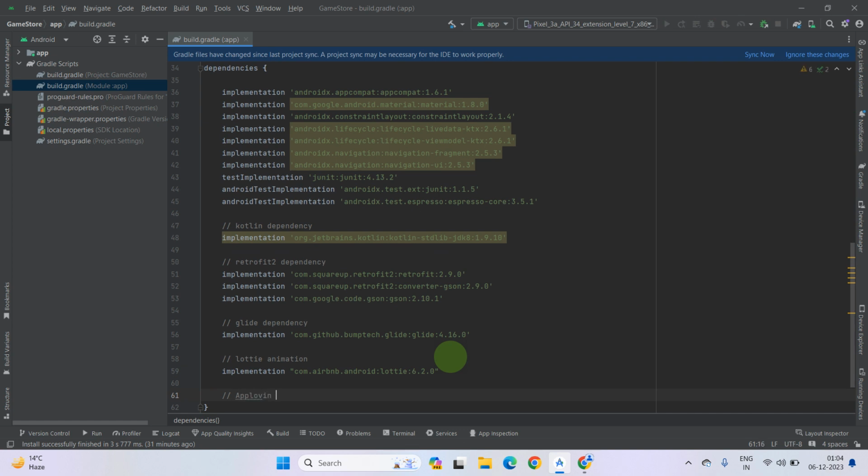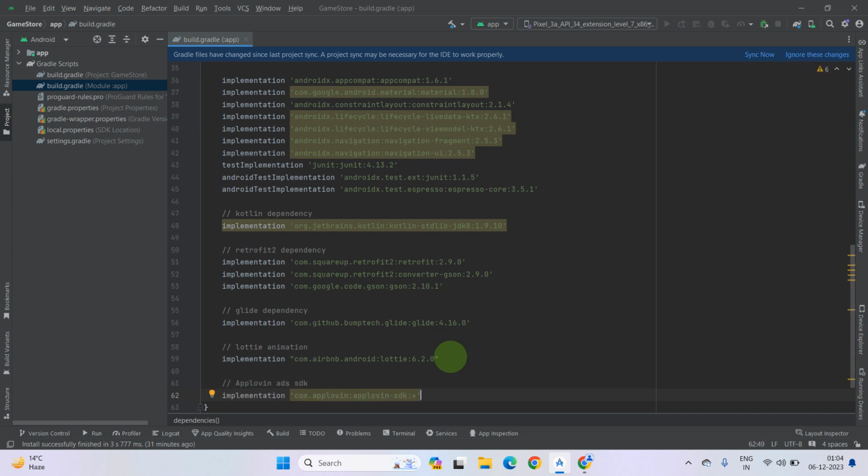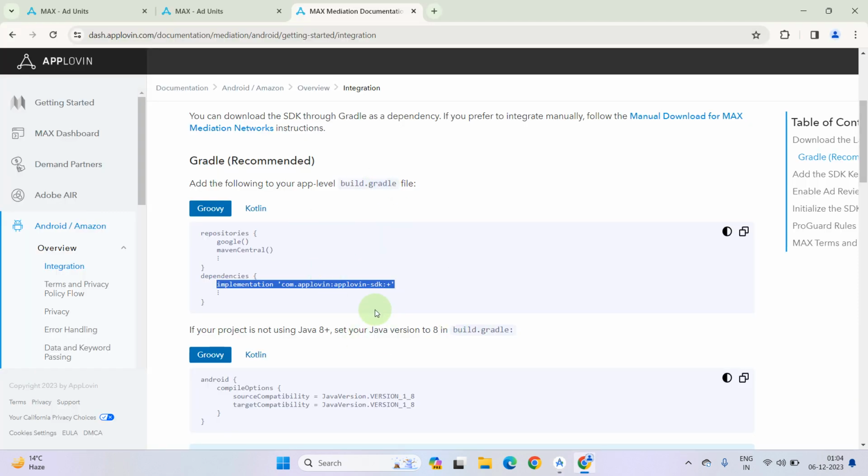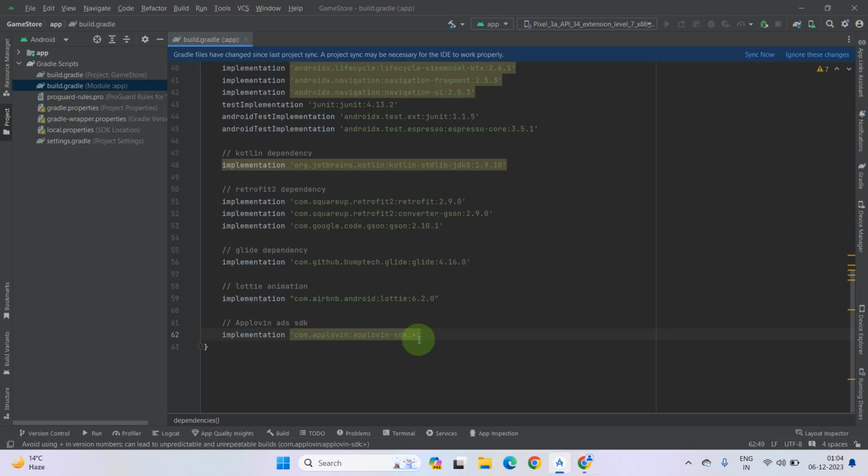Okay, so let's come down here and paste the SDK here. Now, as you can see, there is a plus icon. So plus means you can also use it the same as it is. It is not an issue. But I want to use a specific version. So how can you find which version is there? Simply, if you do not find a version here, just remove this plus symbol and you have to type